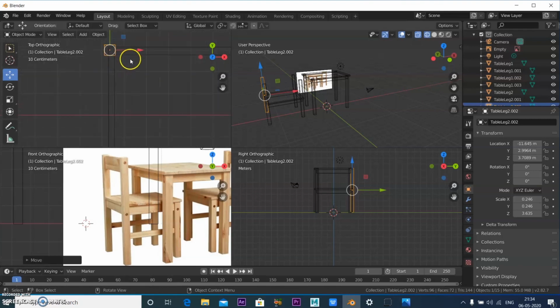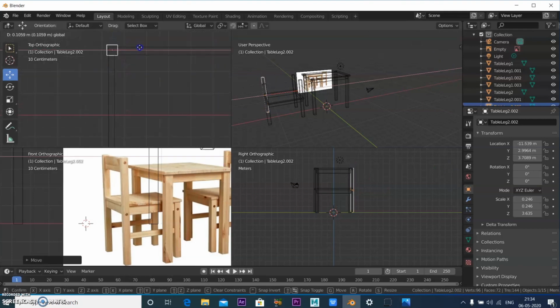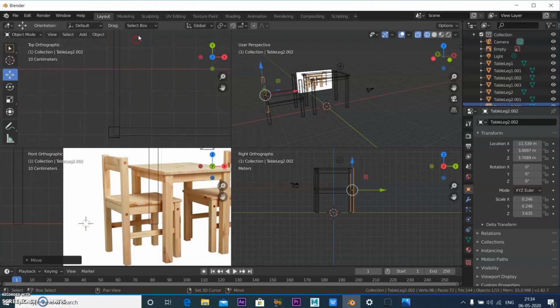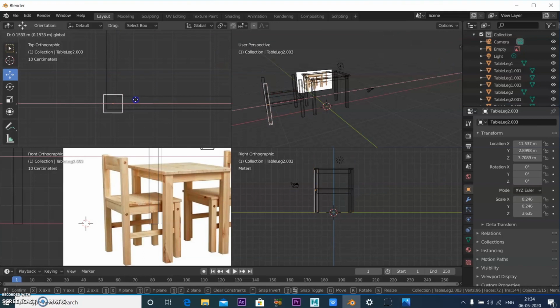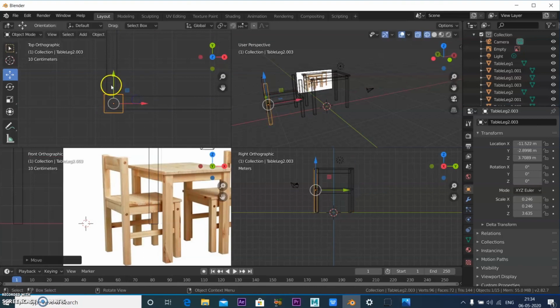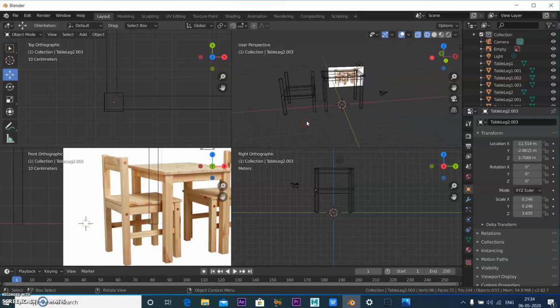Okay, so from the back side also it should not be that much inside. So let's bring this much, this also try to bring it. Okay, so once we have done this, what you have to do is reduce the size of this now. So you can just reduce.